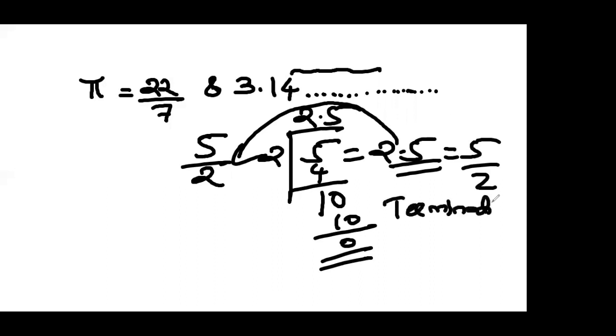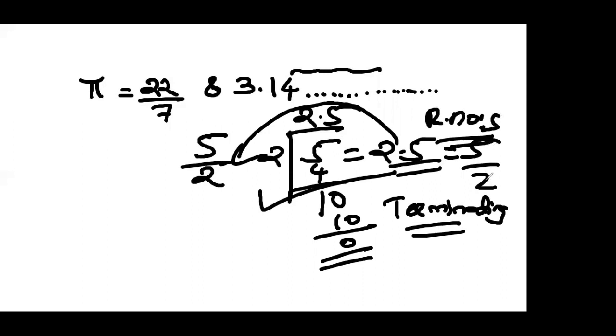We will deal with all these things in detail afterwards. Now I am just giving you an introduction. Terminating decimals are all rational numbers because they are ending. Rational numbers means p by q. 5 by 2 is also p by q. But in the case of pi, 3.14, it is going and going and going. And root 2, root 3, 1.713, etc., it keeps on going. Root 5, 2.14, etc. It does not have any end.